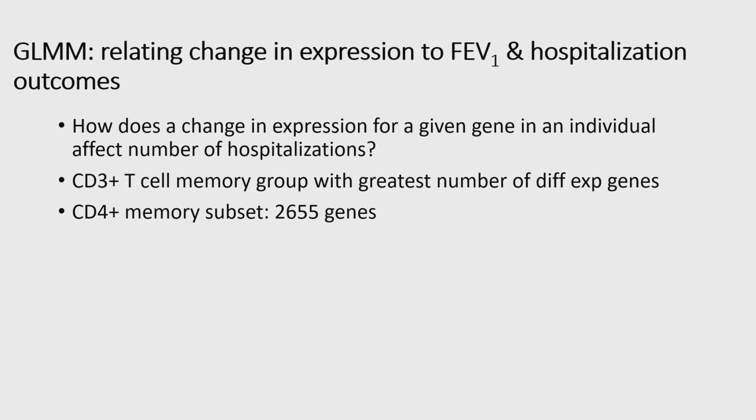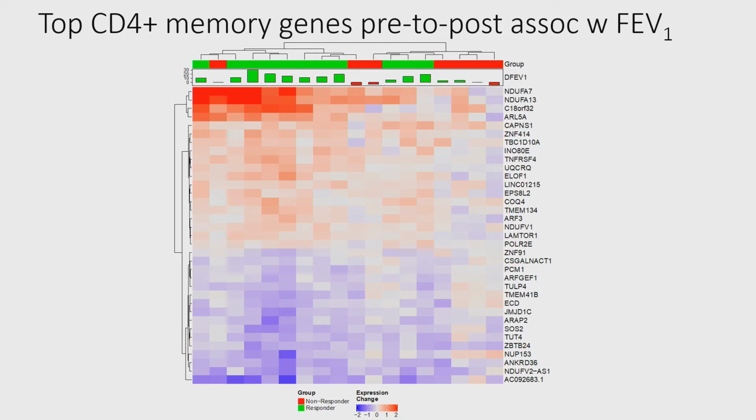And so the CD3 T cell memory group that had the greatest number of genes for hospitalizations and for FEV1 was the CD4 group. And this number is how many genes were significantly changed in relation to the change in hospitalizations. And these are heat maps that Brian created. Now, on the columns are the patients, and then on the rows are the genes. And what is so interesting is this is